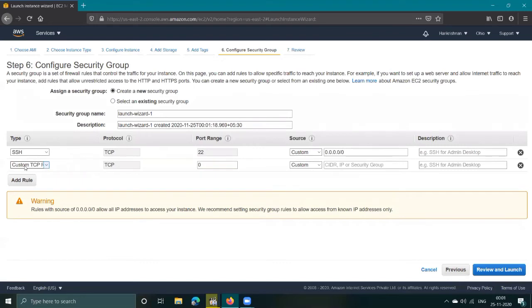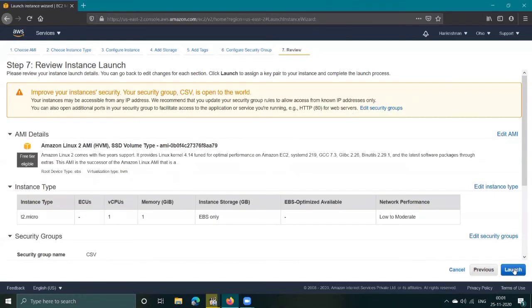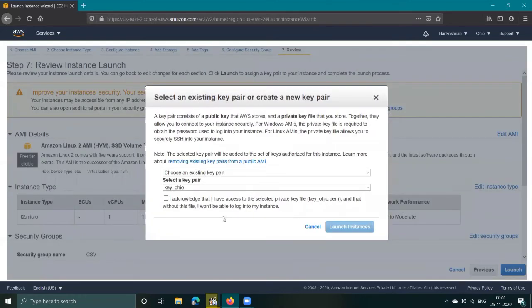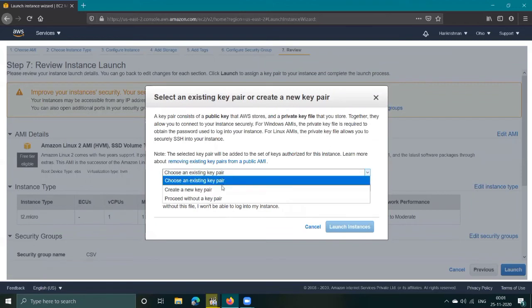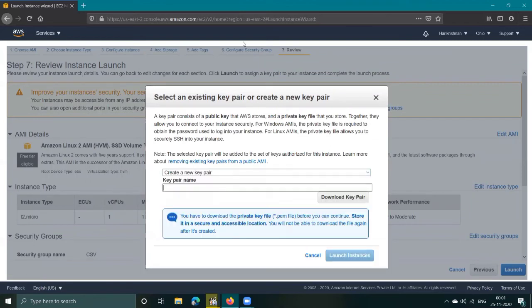Configure security group. Create a new security group. Add the rule HTTP and give the security group name as CSV, and the description also as CSV. Now review and launch. You can choose an existing key pair or create a new key pair.